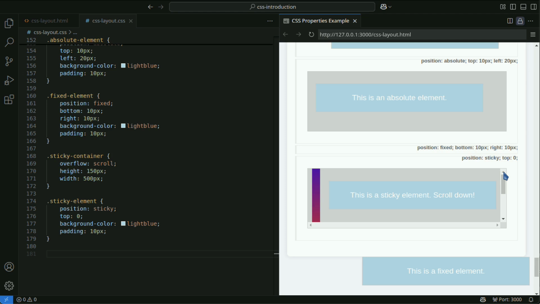Top, left, bottom, and right are properties for controlling element positions in CSS. These properties are used together with the position property to specify how much to move an element in a certain direction relative to its position. However, these properties only apply when position is set to relative, absolute, fixed, or sticky. In the default static value, these properties have no effect.